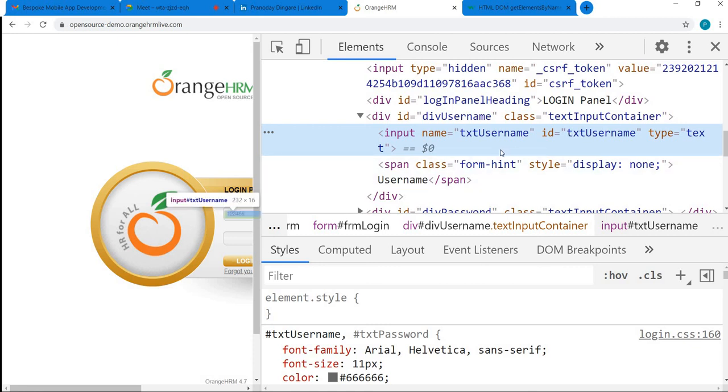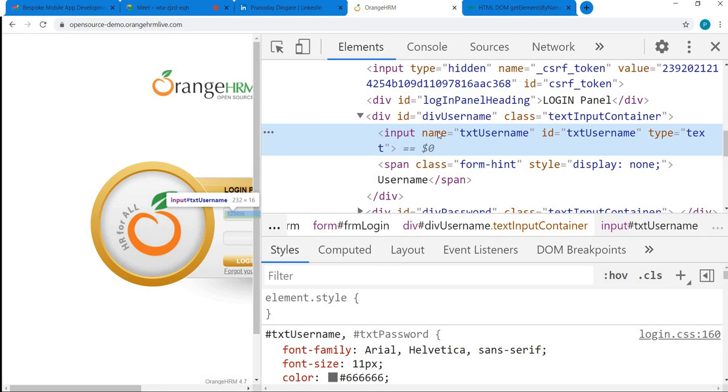So name and ID are attributes often set to unique values for the purpose of allowing client side validations, right? Type, as I already mentioned, type.